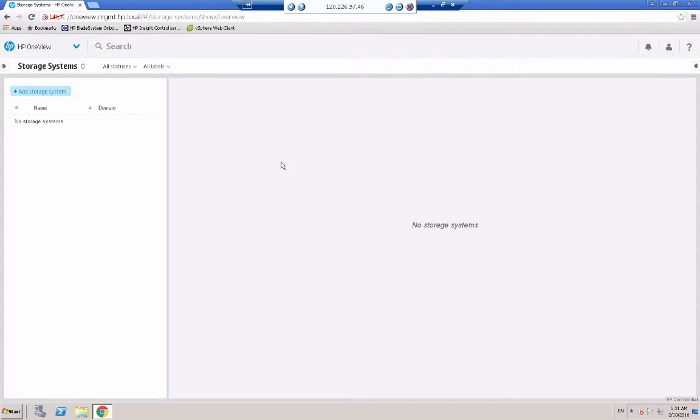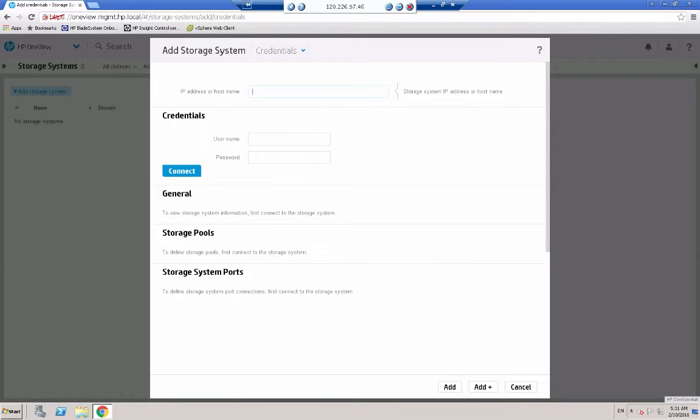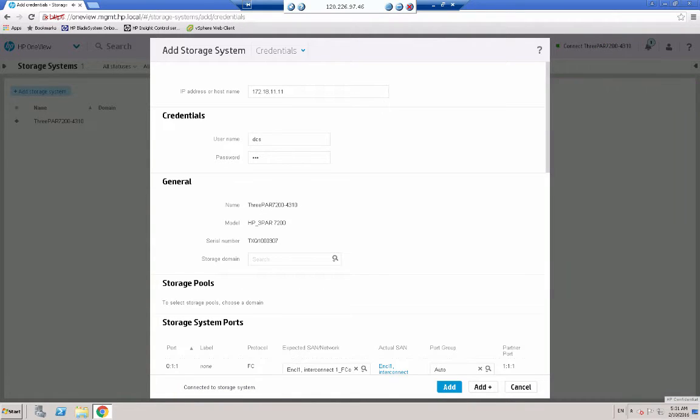and we have no storage systems as you can see, so I simply click add storage system, and I need to enter the IP address and username and password, and click connect. It's retrieving the storage target ports, as you can see, connected to storage system, it says, and we have a 3PAR 7200-4310. I'm going to click storage domain and select test domain,